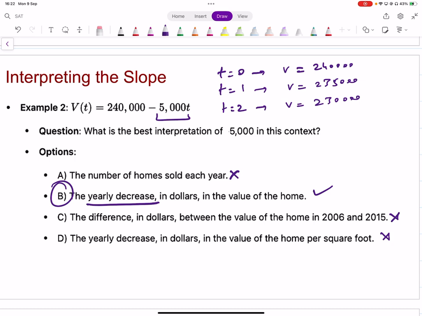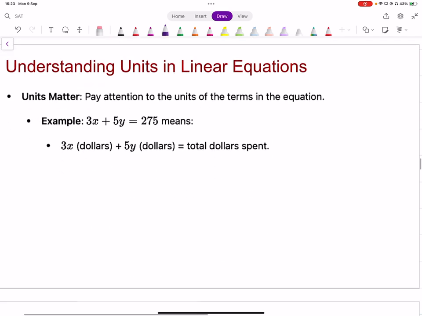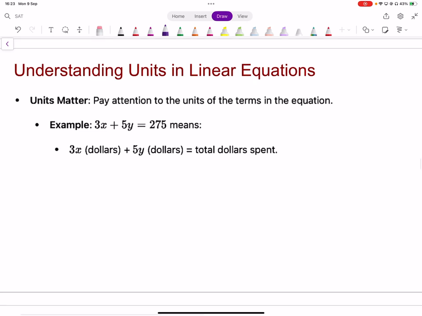Is that okay? No problems? Okay. Now, this is a very important thing to understand as well. A lot of times, when you have equations like this given, you have to pay attention to the units. So let's say we've got this equation, 3x plus 5y equals 275. All right. Now, let's say